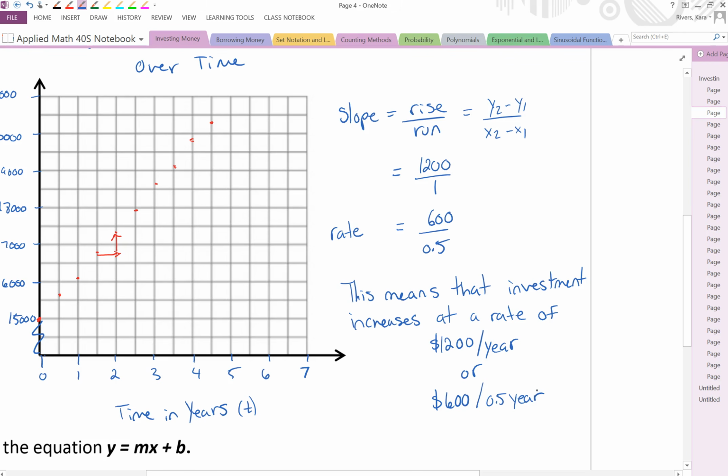So every increase that I've gone with my time, these dots are separated by half years,